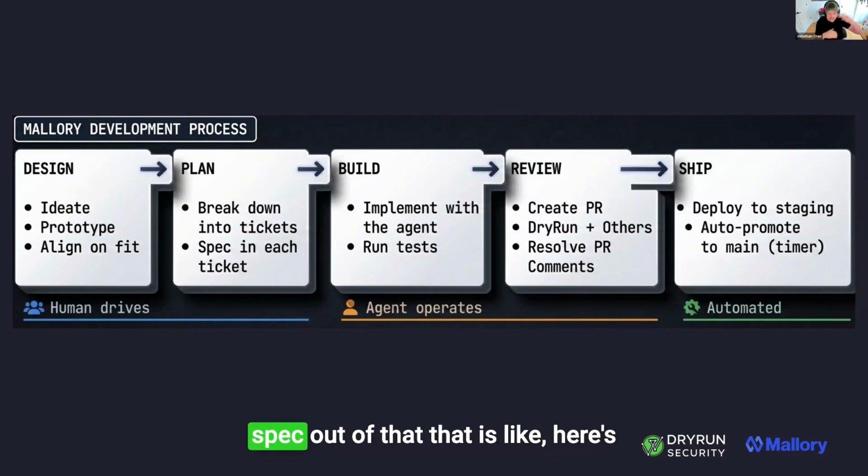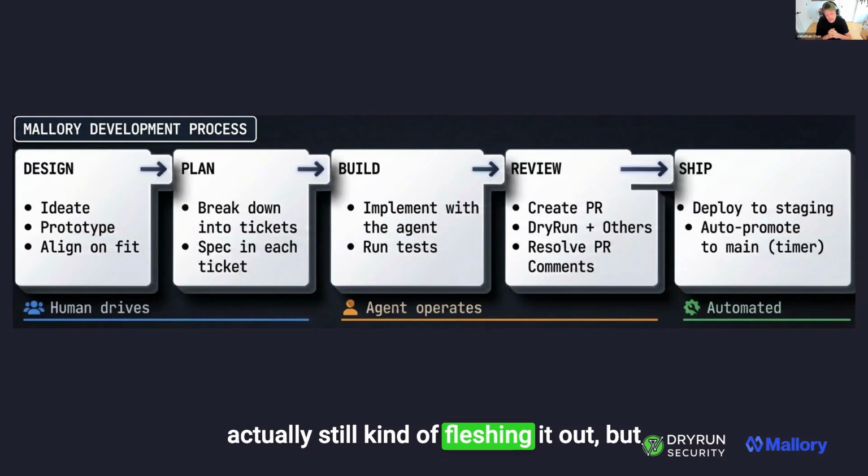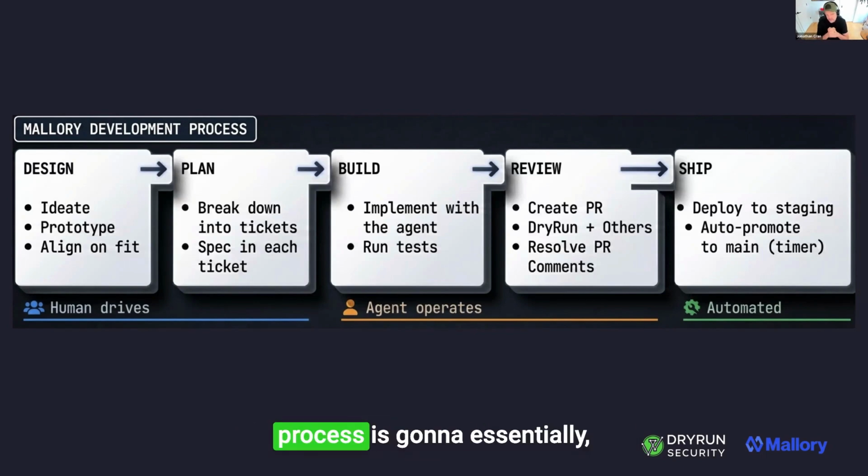And what you want to do is get a spec out of that, like, here's how I would actually implement this. And at this point, there might be a handoff to an engineer. It might be the designer or the product manager that's still fleshing it out. But at some point, there's a handoff, right? And then that person who's responsible for driving this through the development process is going to essentially implement